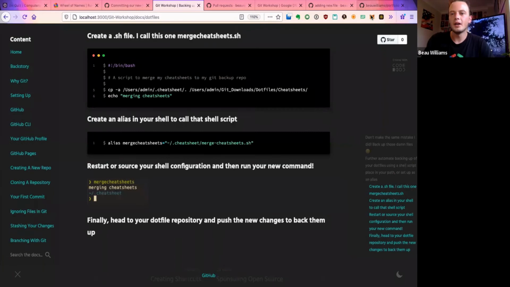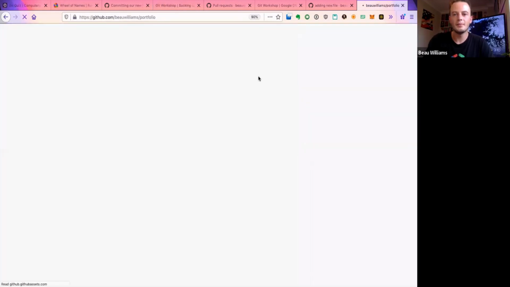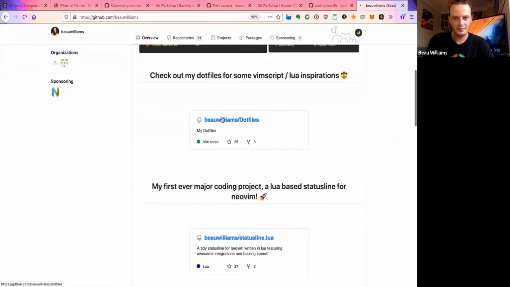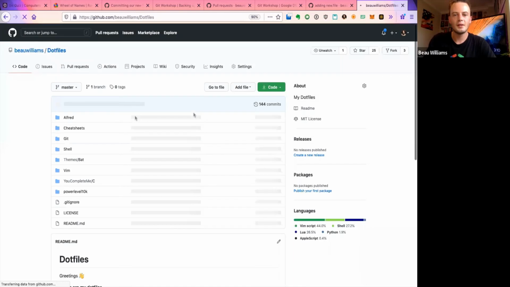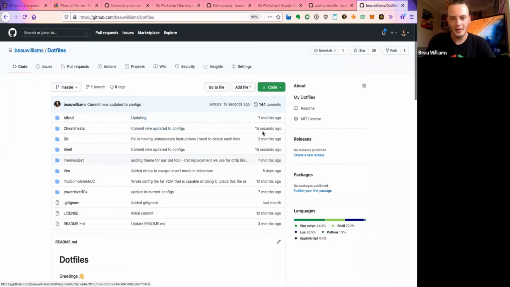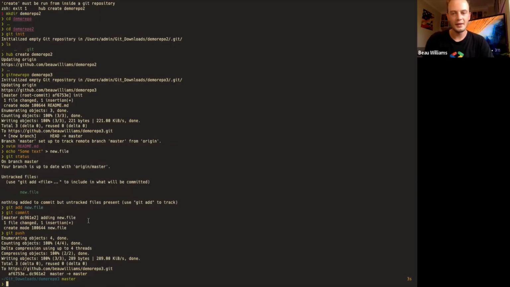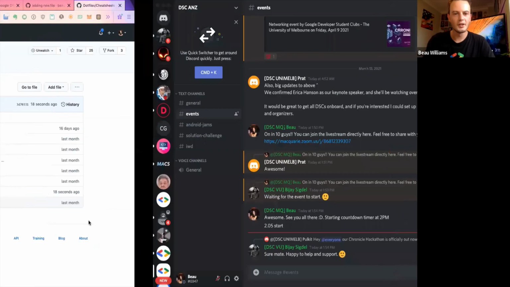That's going to back them up, and they're going to end up right here in my .files folder, which I can find right here. So perfect. We're going to see that they've been backed up right here in my cheat sheets folder. So that's going to make sure that they're all kept there and that they're not lost ever. So really awesome stuff.